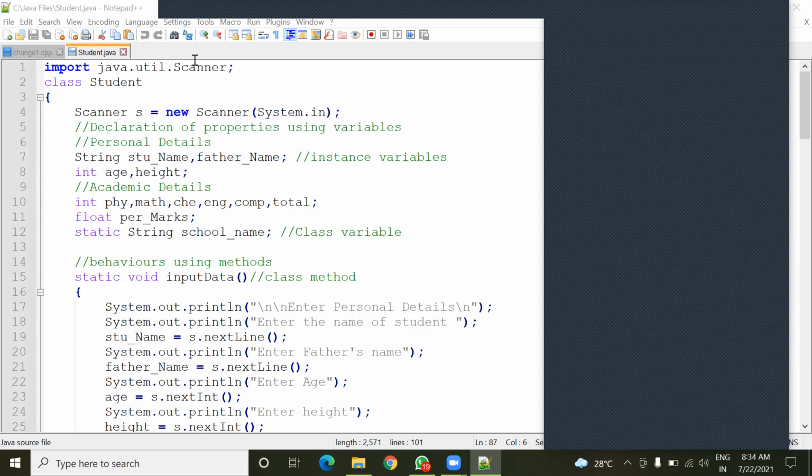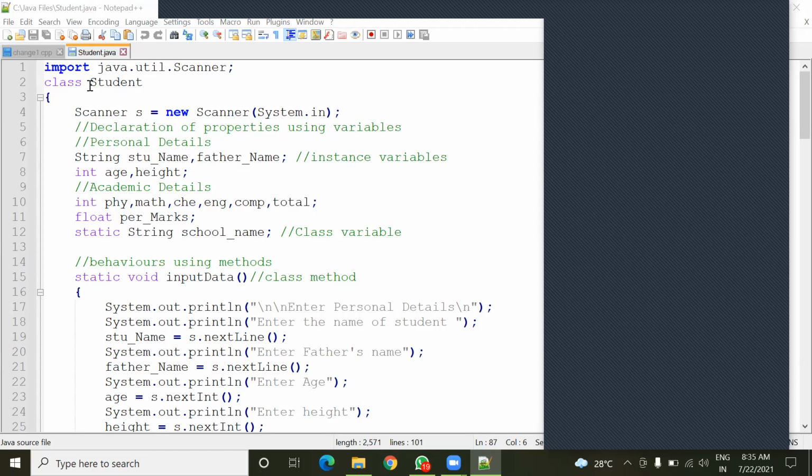But here in this case, the single problem is divided into multiple sub problems. Input section is different, output section is different, calculation of total marks is different, calculation of percentage marks is different. Not all things are mixed together in various steps. I have not written any steps here.